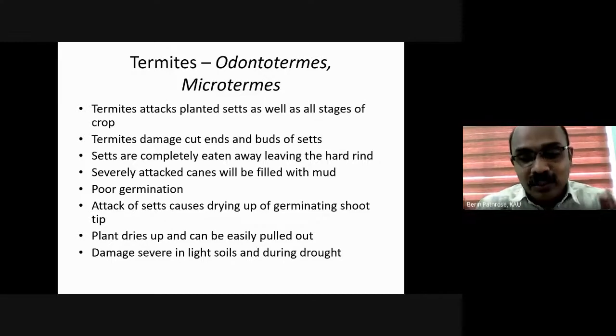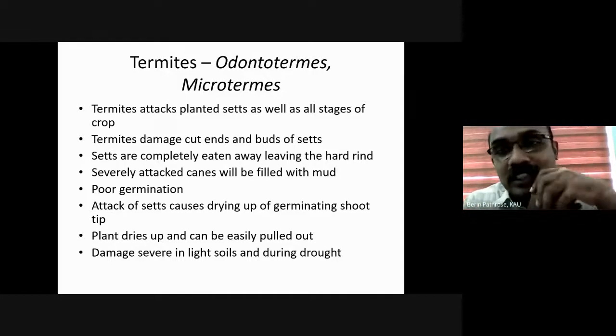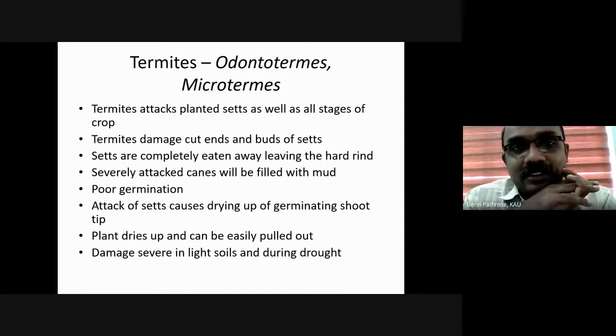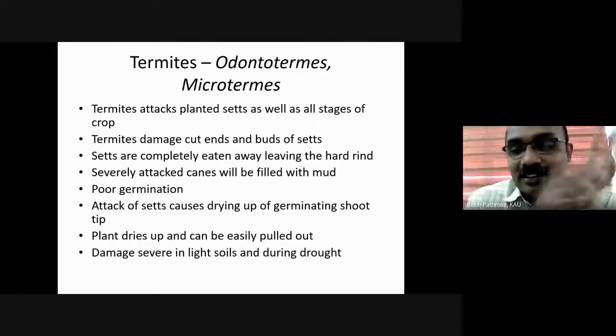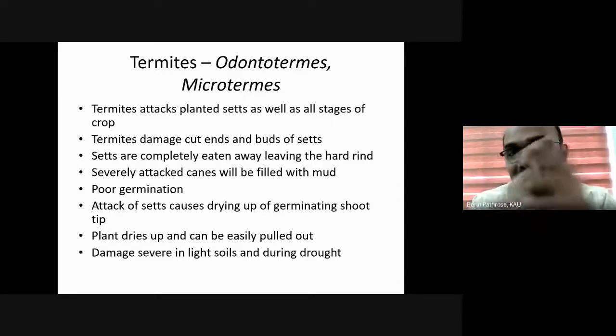As you all know, you might all have tasted sugarcane. Nowadays it's common to have sugarcane juice. Earlier, sugarcane was usually available in festivals, temple, mosque, or church festivals. Like temple festivals, church feasts, that is where sugarcane was seen. I have seen it like that. So sugarcane used to come.